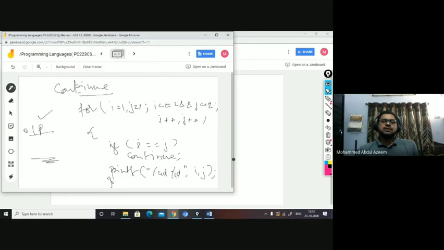Why? When i is 1 and j is 1, the condition i <= j is true, so you are allowed inside, and i equals j, 1 equals 1. Continue: what continue does is that from here you directly come to the next iteration. You don't execute the following statement. So when i equals j, it means 1 equals 1. Continue means you automatically go to the next iteration, skipping the following statement.